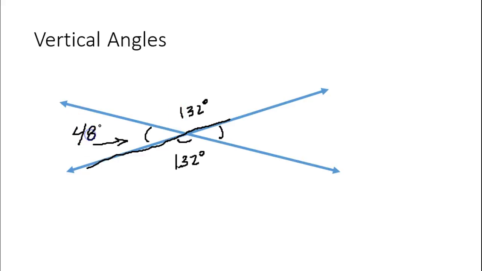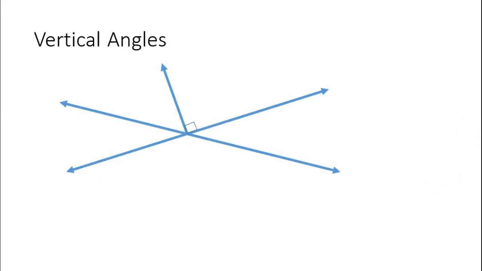48 degrees. So this angle would also be 48 degrees. Vertical angles, pretty simple. The only time that you might get a curveball on these is something like this, where you've got some vertical angles and they've thrown in a right angle in there on you. Let's say